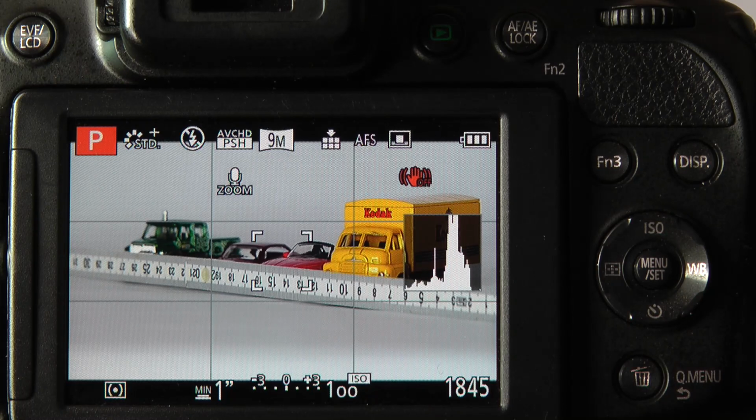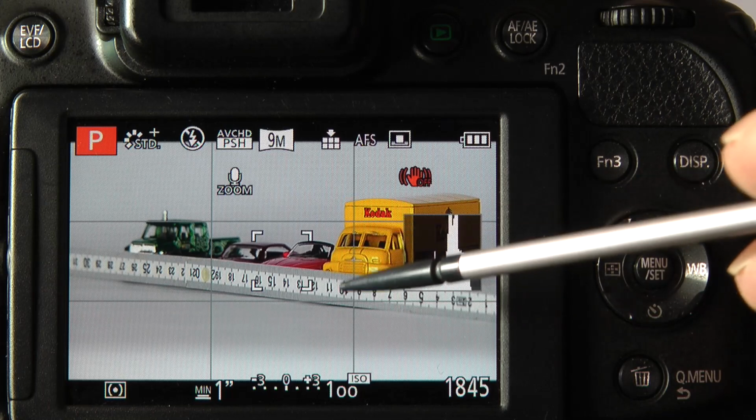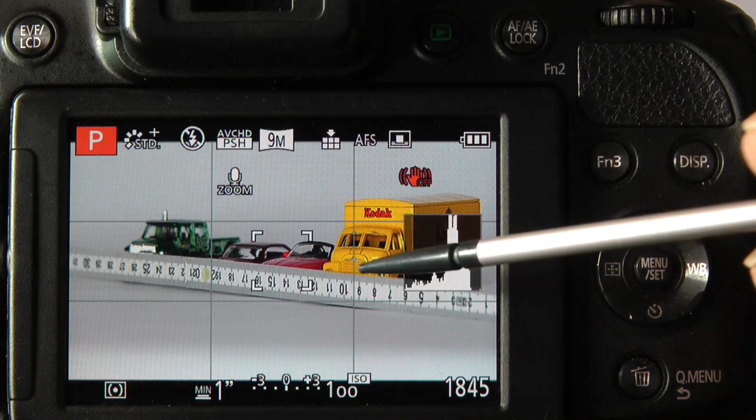To give you some idea of how that works, I've set up this display here so we can actually focus on one particular area, and then you'll be able to see the amount of depth of field at different f-stops. On the model I'm going to photograph, I'm going to set the focal distance to the 10 centimeter mark on this rule.